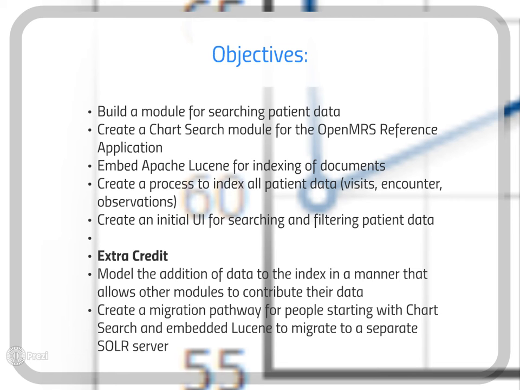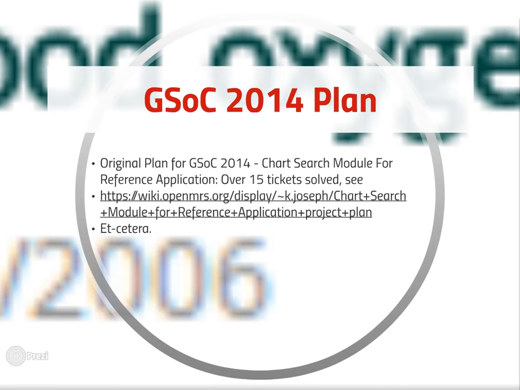support other modules' data indexing and searching against them, create a migration pathway for people starting with the chat search module and embedded Lucene to migrate to a separate Solr server. And we came up with a plan